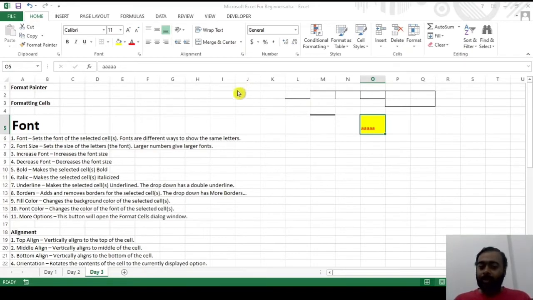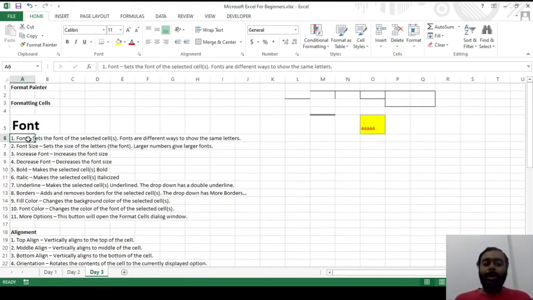Okay, accounting, for the accounting purpose only, you have the accounting symbols. What are the decimals you need? Date, time, percentage, fraction, scientific, text, special, custom. So all these things are there in the format cells. If you want to format a cell, you can format it any way, whatever you need.